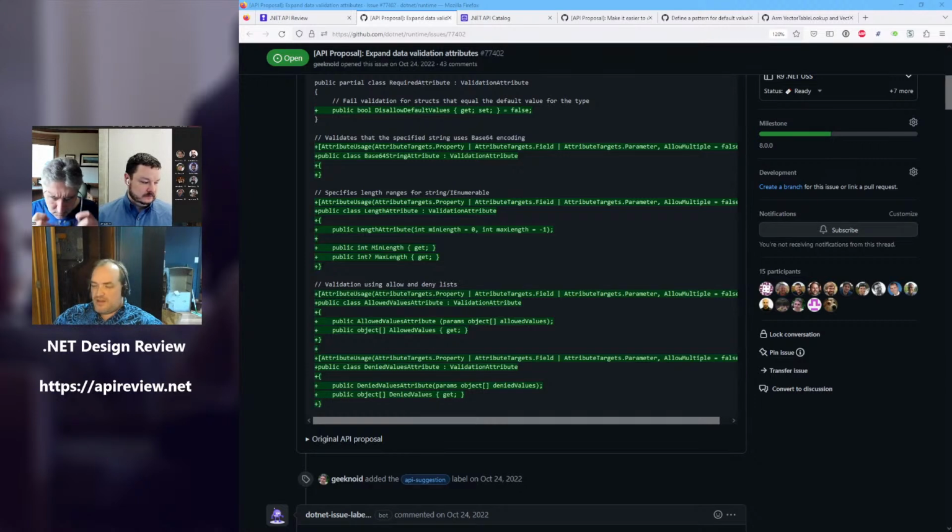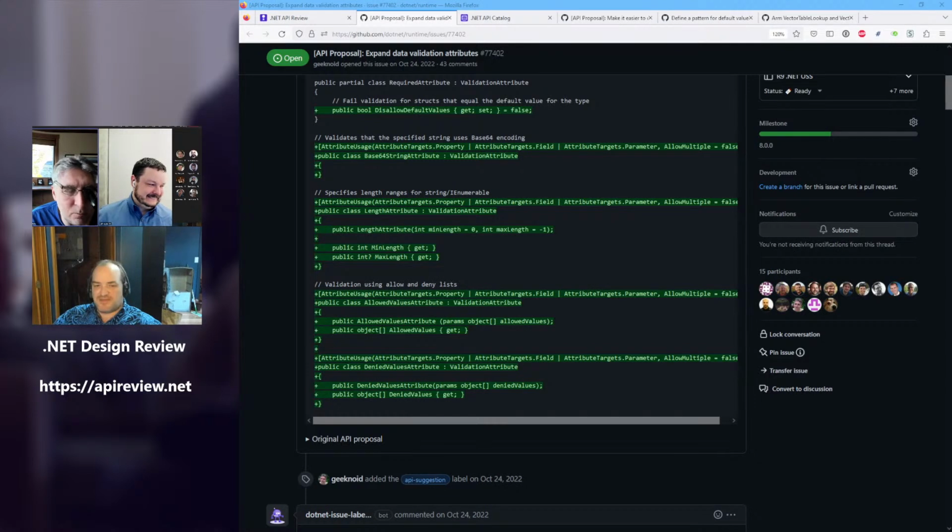But what if you want the min length to be greater than int max value? Then you need to use this new type. No, I'm just kidding. Well, yeah, if we change it to long, then they could certainly have a convention that says long max value doesn't get validated because they can't count that high.